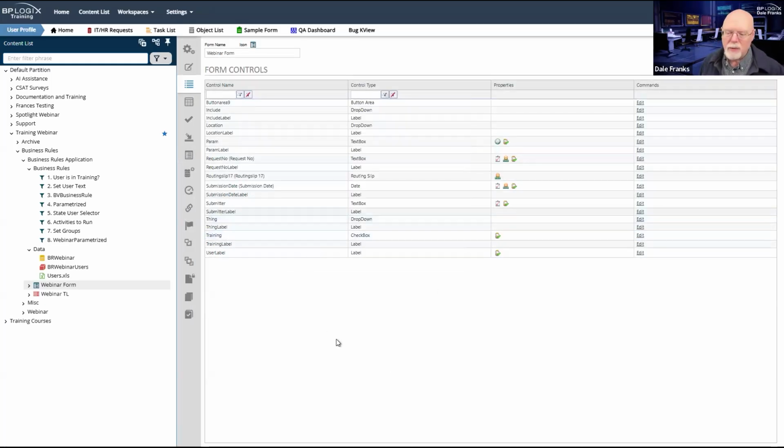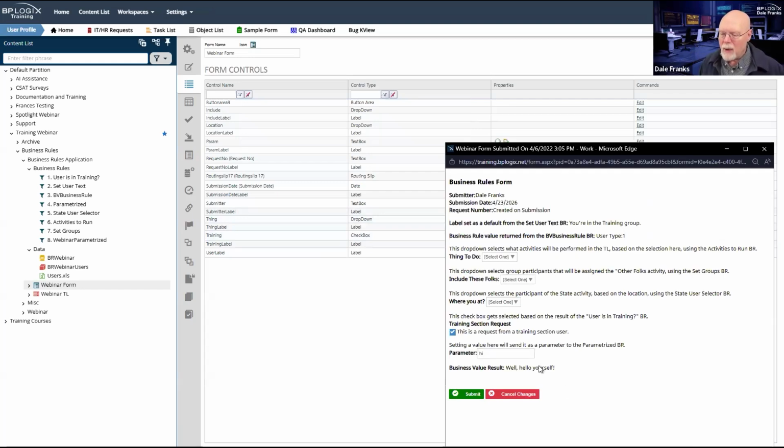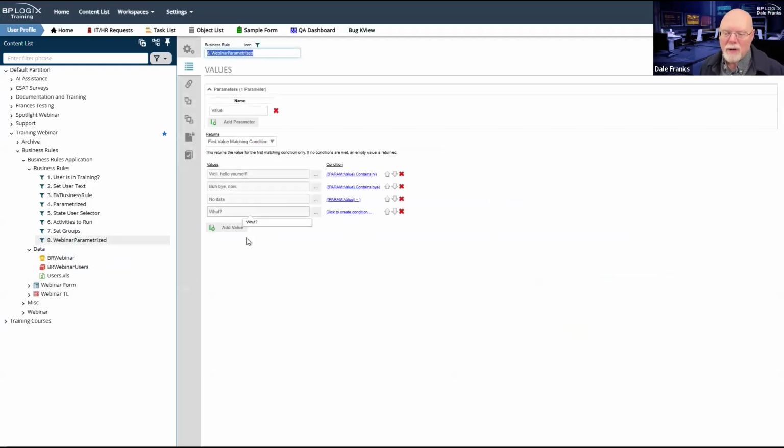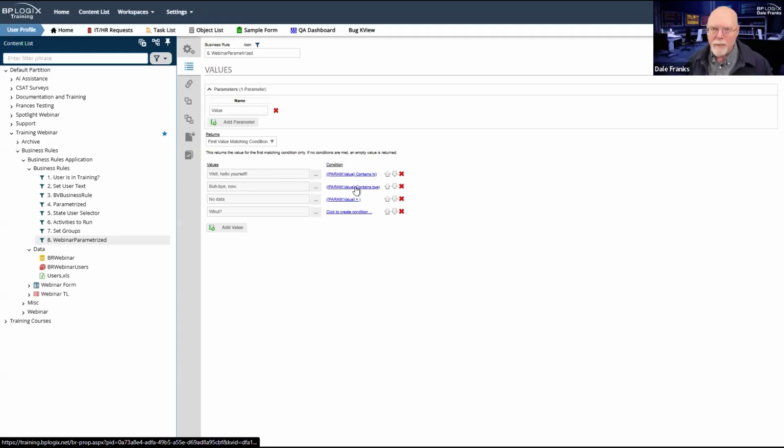And that takes us to our parameterized business value. Now, we looked at it once, I think, to see how it works. And once again, I have 4 possible values that an input control can contain. 2 values of which I'm looking for specifics. I'm only caring about high and bye. The reason why I'm looking for 4 values for this particular business rule is because I have 2 values that I care about, but I also have 2 other possible values.